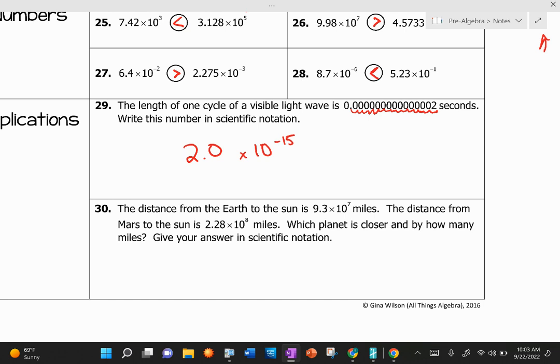So they're giving you 2 big numbers. Both of those numbers are how far that planet is from the Sun. So you don't have to do anything necessarily with the Earth to the Sun and Mars to the Sun. You just have to find the difference of Earth to Mars. So the difference of Earth to Mars is going to be